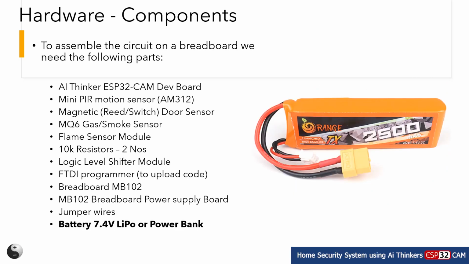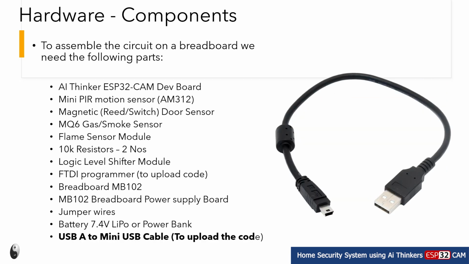Then we will use a 7.4 volt LiPo battery or power bank for powering the circuitry. And finally we will need a USB A to mini USB cable to upload the code into the ESP32 CAM development board. So these are all the components involved to build this project.